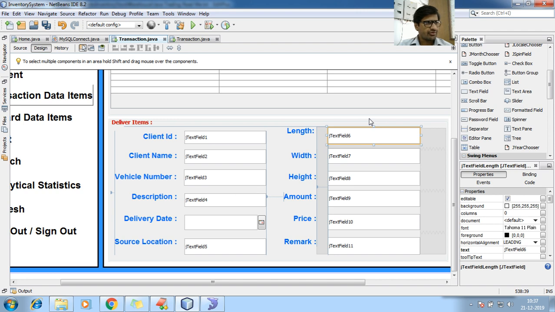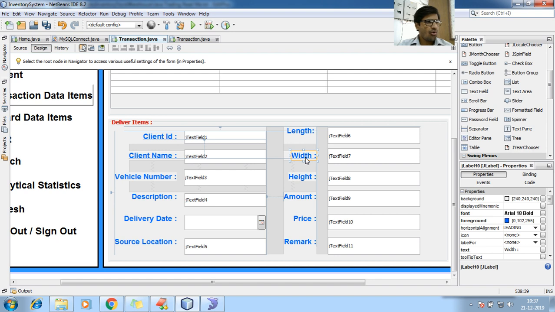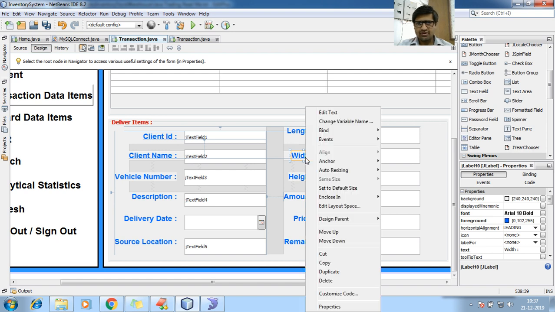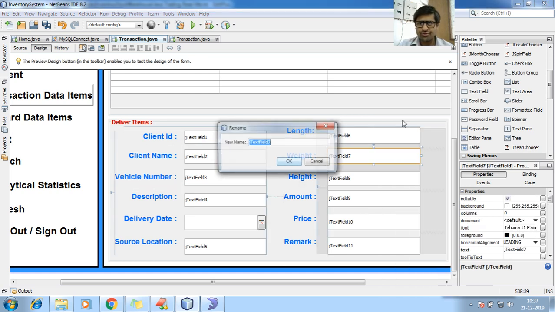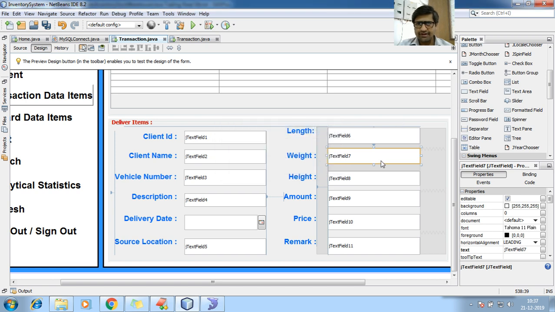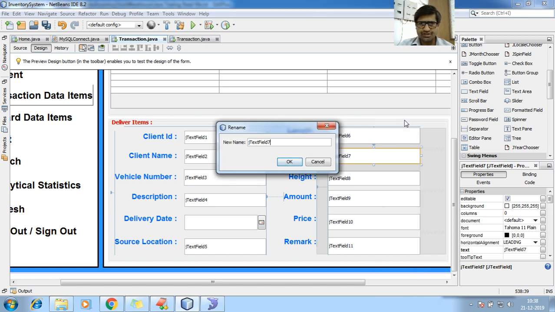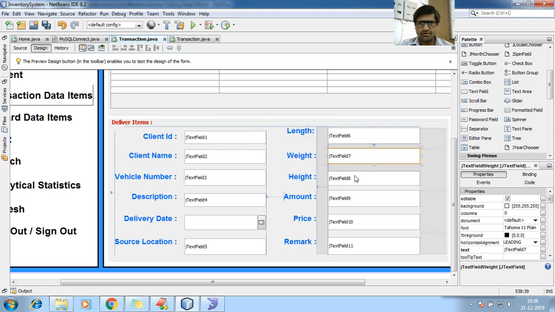Let me go for width or weight. Instead of width, let me go for weight. Edit text, not width, WEIGHT, and here I need to go for weight. Right click, weight in kg or ton, WEIGHT, weight. Then here height,